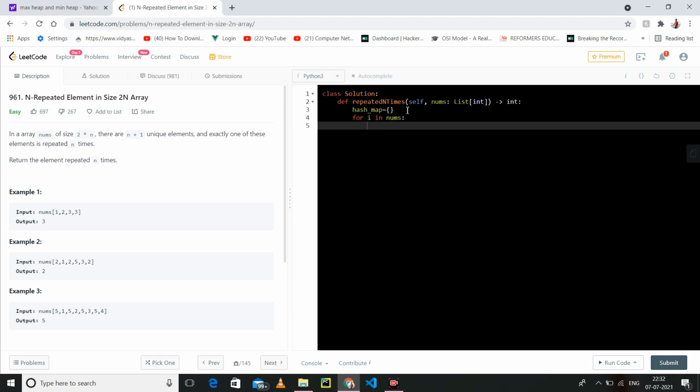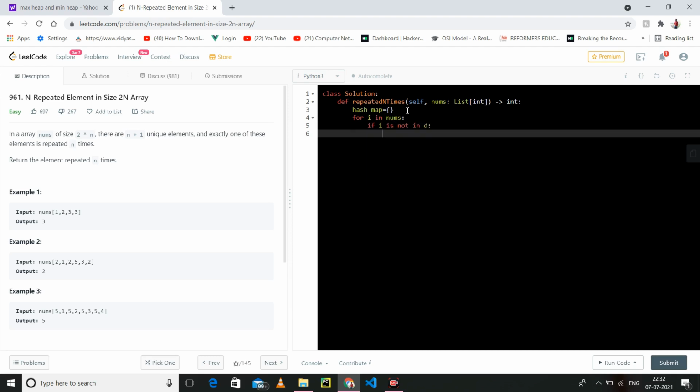unique. So if i is not in the hash map, it's okay. If any element is not present, just push it.